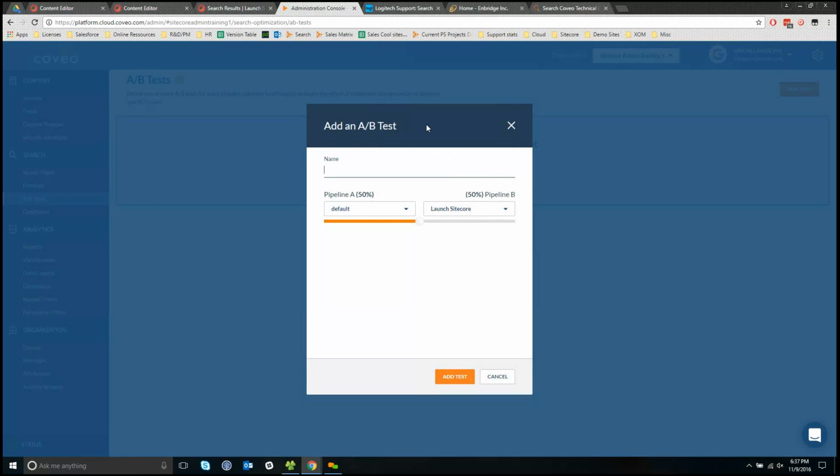So I could say 50% of my users will fall on my pipeline without Reveal, and the other 50% on the pipeline with Reveal. And then with some dashboard on my analytics, being able to see what's my different click-through, my average click rank, and if actually my results are more relevant than they used to be. So that's it. I've extended my